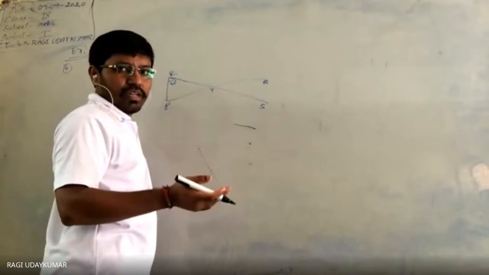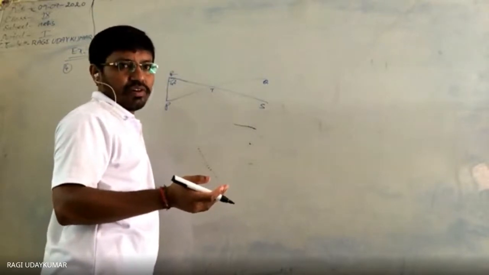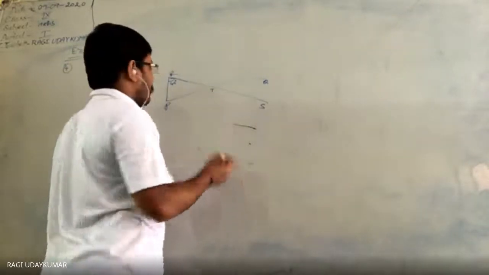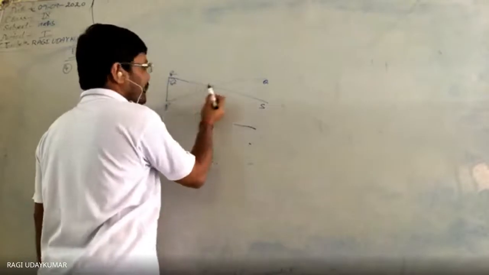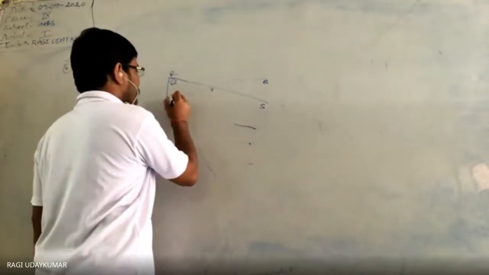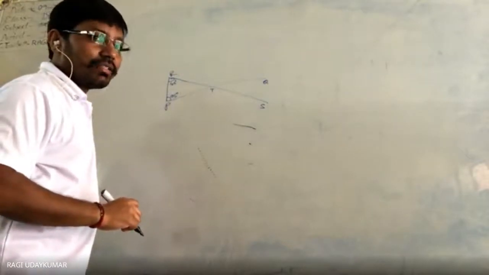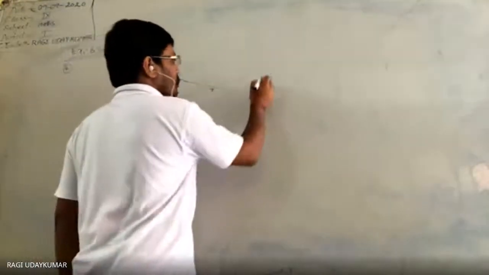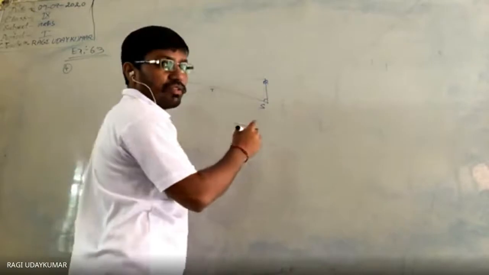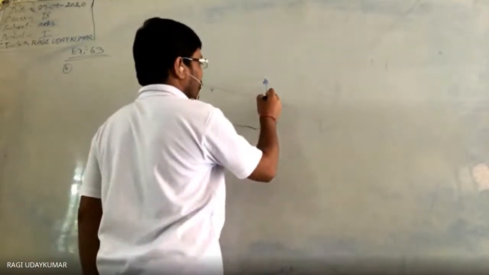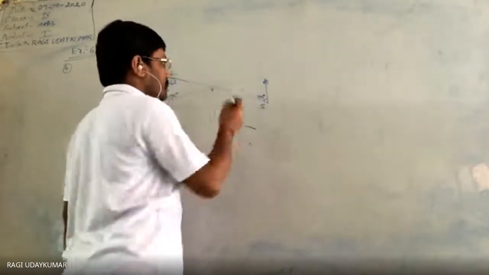This is a rough figure only, not an exact measurement; we are not inside. Angle RPT is equal to 95 degrees. This is 95 degrees. And angle CSQ is equal to 75 degrees. Now the question is asking to find out angle SQT.